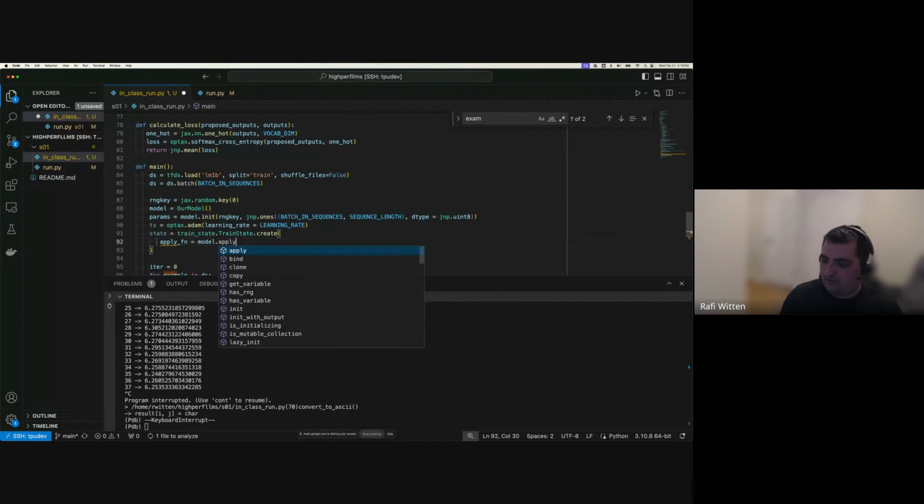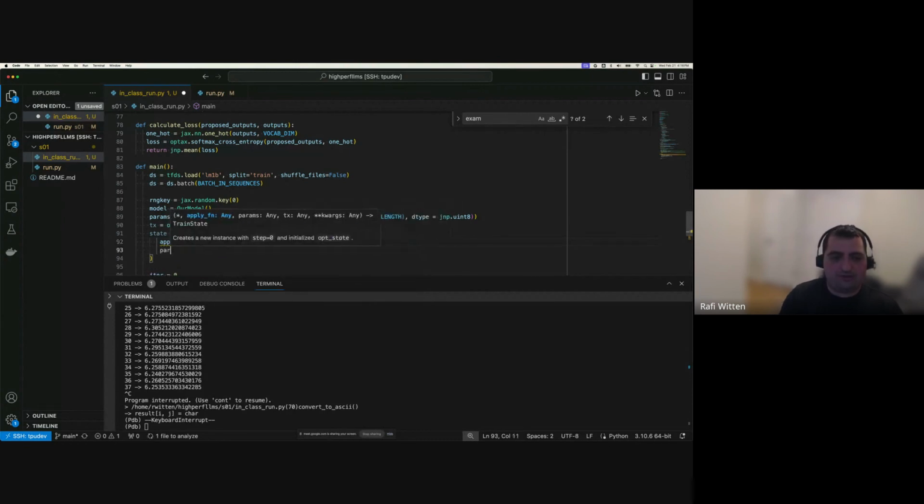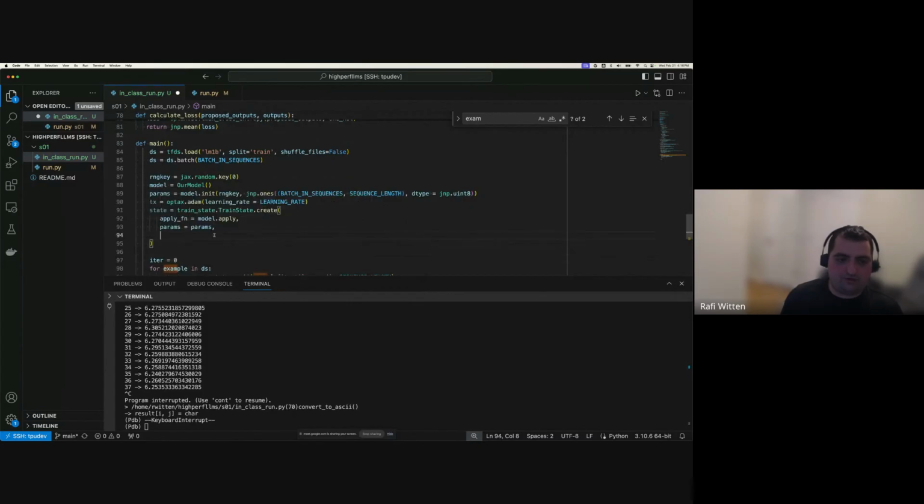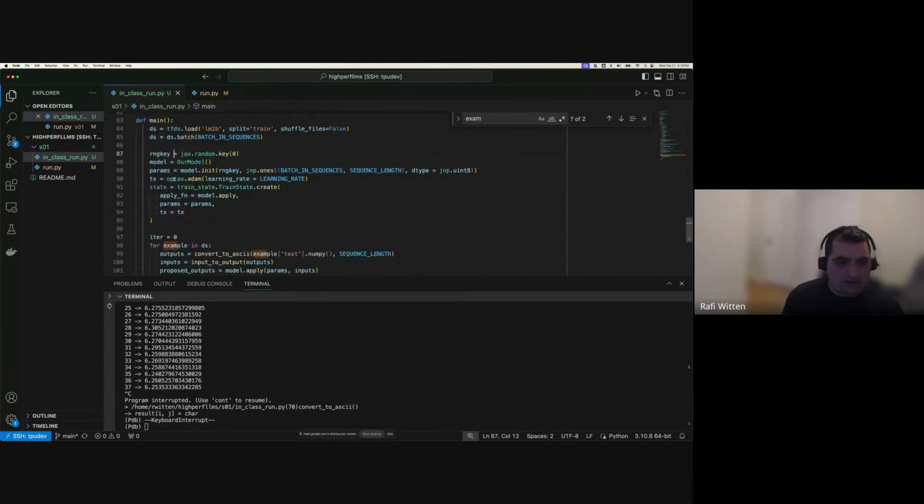So model.apply, params equals params. So this is all just creating this optimizer state. And we can poke into this optimizer state for a second as well. And then tx equals tx. So this is just telling it how we want to update. Okay, seems good. But we don't actually have